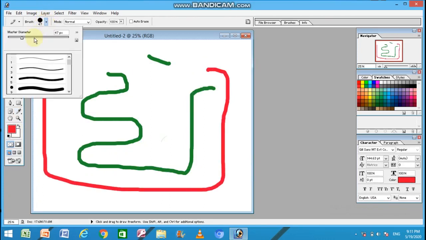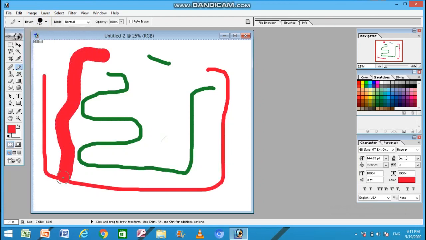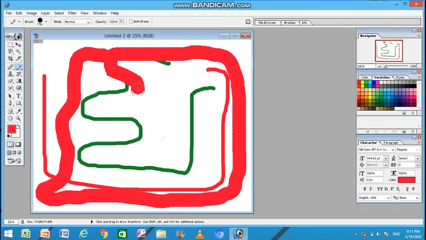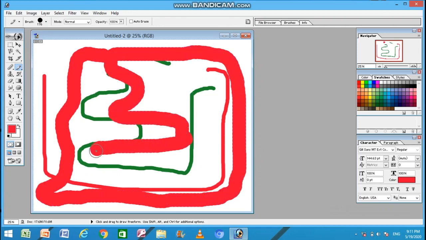In the same way, you can increase the diameter of the pencil. Now you can see the pencil's diameter is increased, so it is making wider lines.